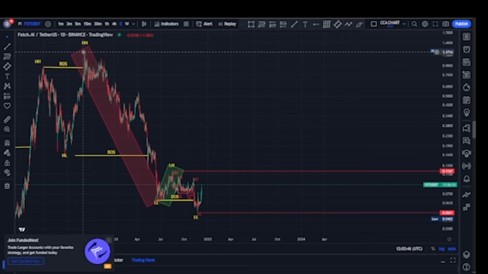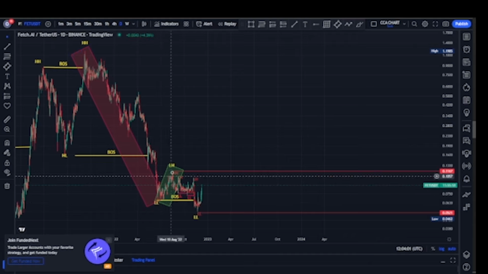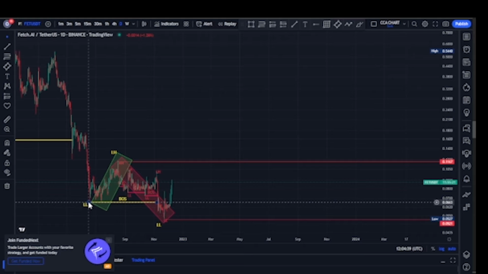The bears took price from that $1.2, broke structure to the downside and took price back to about $0.065. Guys, we're expecting a pullback. Sure, we got a pullback. The bulls took price from $0.065, took price back to about $0.1176. The bulls took price from that $0.066,